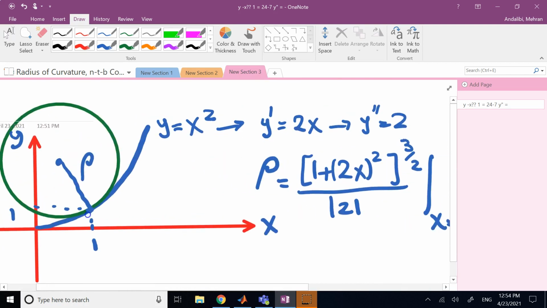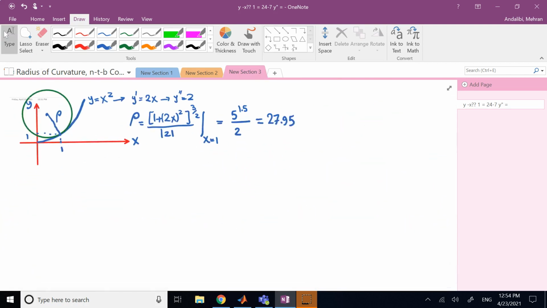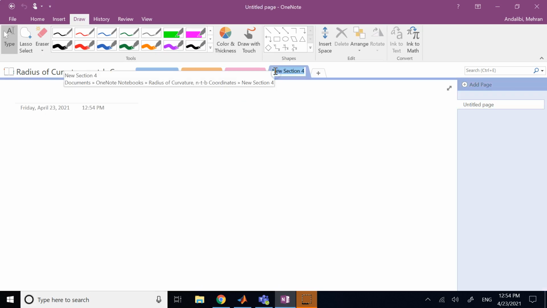Okay, and that's this r for this function. So this is the notion of radius of curvature. Now, where would you use it in real life? Well,